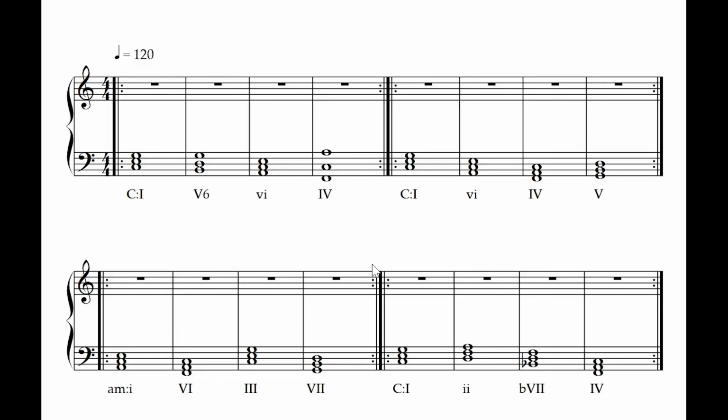So I collected 4 of these here, and we'll give them names and talk about them. I decided to put them with Roman numerals because we know all about those now, right? And that means that if I know this is 1, 5, usually in first inversion, that's what the 6 means, 6, 4, then I can do it in C major. But I can also do it in E major, right? It'd be an E major chord, a B major chord, a C sharp minor chord, and then a major chord, right? So let's listen to these, and we'll name them so we can refer to them easily. So this first one,